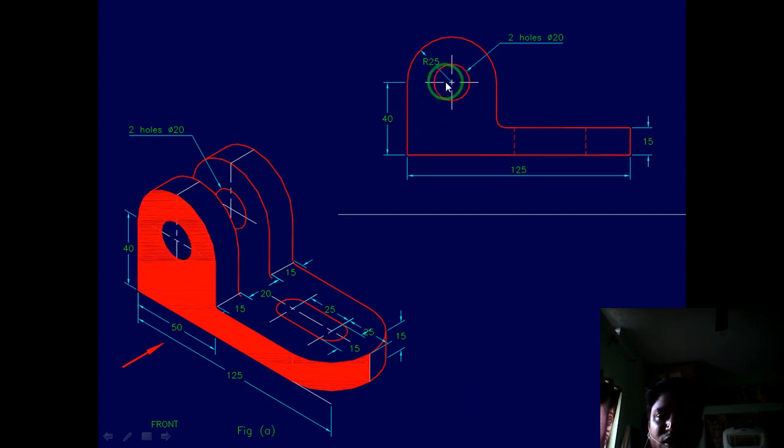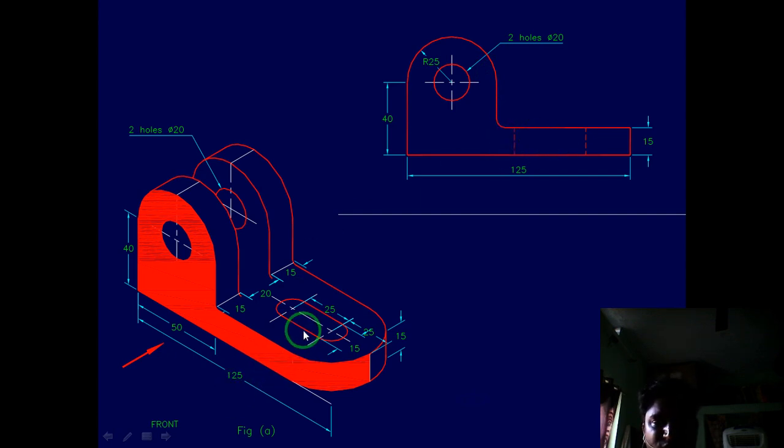With the same center, draw the center lines. There are two holes of diameter 20, that means radius 10. Finish it, because even though two holes are there, when viewing from this side only one will be visible. Completed. Now we have stopped up to this point, and 15 you also know. Now draw two lines for the intersection: a left side line from here to here and a downward line, so that they meet at the intersection point. See, this is your front view.